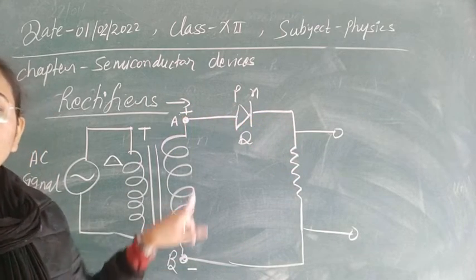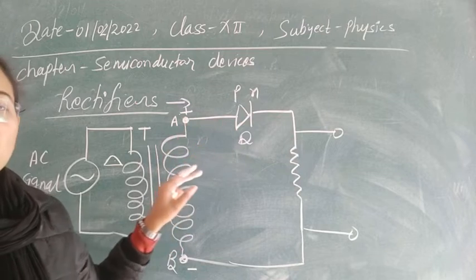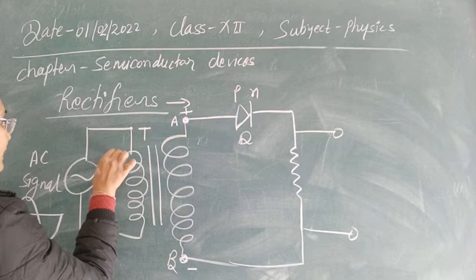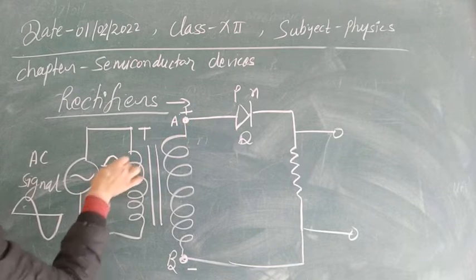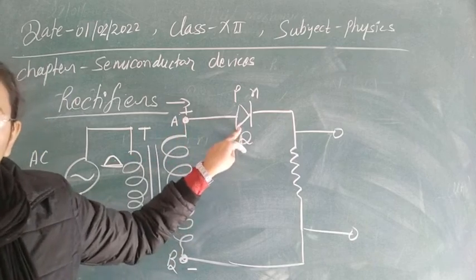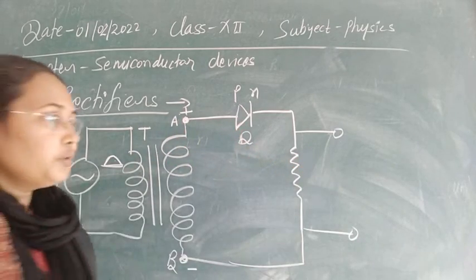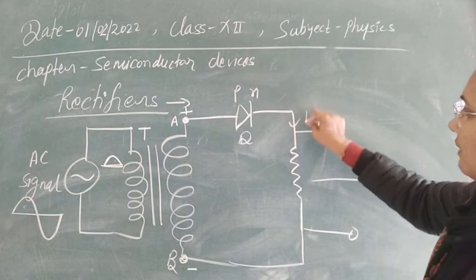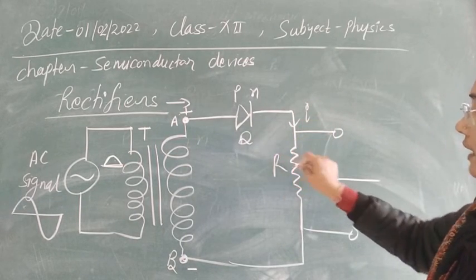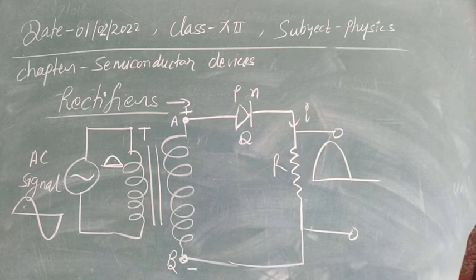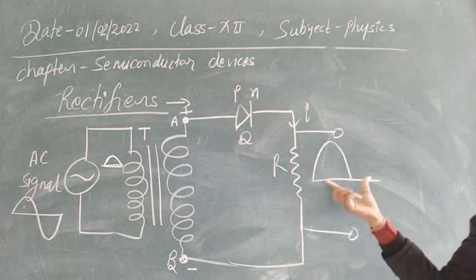It means the diode D is now in forward bias condition for this half cycle that we have applied, that is, the positive half cycle. For this positive half cycle, the diode will conduct, and due to the conduction of the diode, in the output we will see some current I flow through it, and if the load is R, we will see some potential according to the positive half cycle.